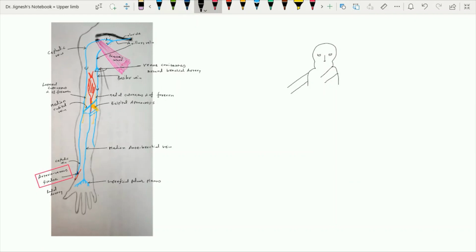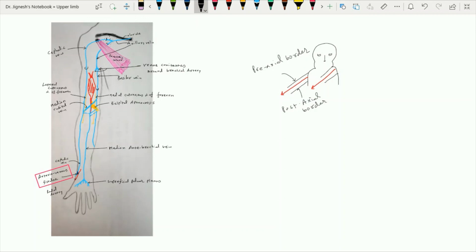So we can say the axis of the upper limb is this one and this one. The border which is upper to the axis is the preaxial border, and the border which is below is the postaxial border. This preaxial border is also towards the cephalic end, and that's why it is also the cephalic border, and this postaxial border is towards the basal side, and that's why it is also the basal border.